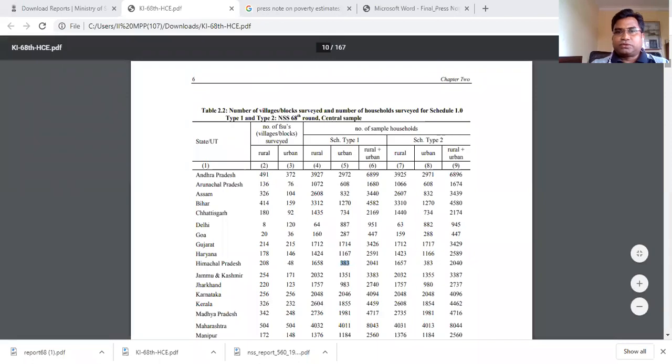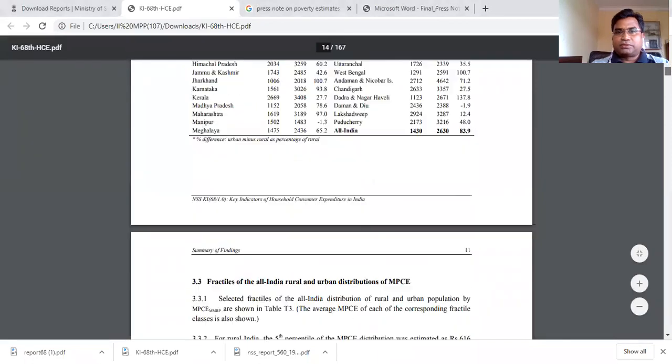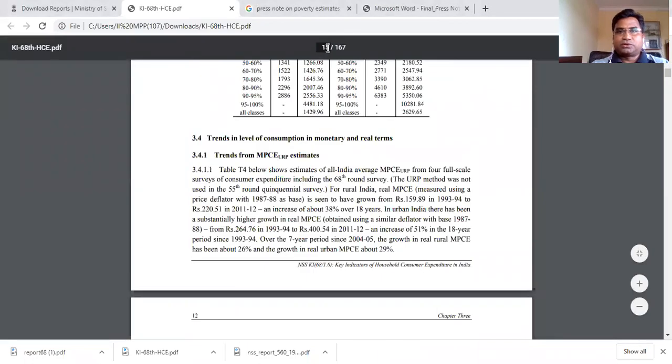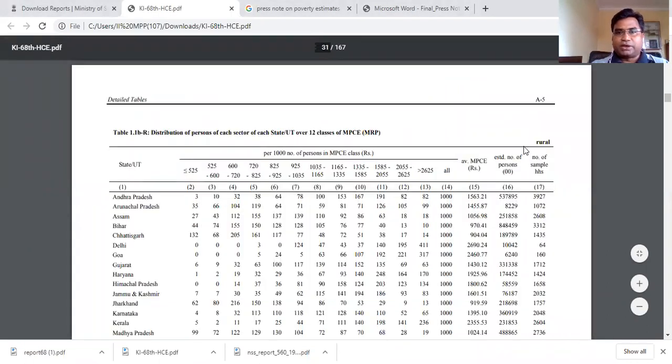Now let's get into some other table. So we are into the report now. Let's straightaway get into the appendix, because the appendix gives you the file. So here I just show you one thing.